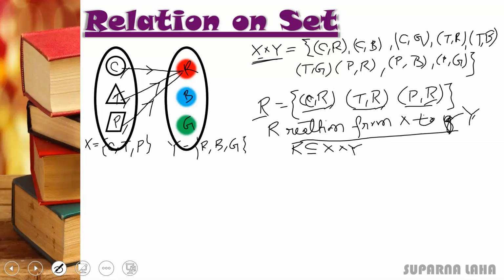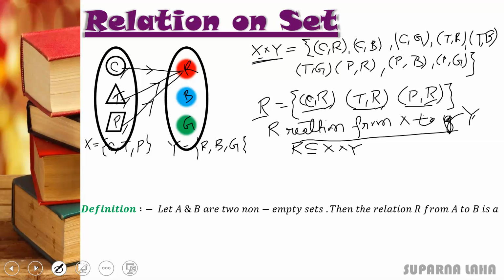Okay, so here is the definition. Look at the definition. Let A, B be two non-empty sets, then the relation R from A to B is a subset of this Cartesian product A cross B. That is, R is a subset of A cross B. Maybe it will be equal to it, or it's a proper subset. So in that case, phi and A cross B we will call the trivial relations, and others are non-trivial.